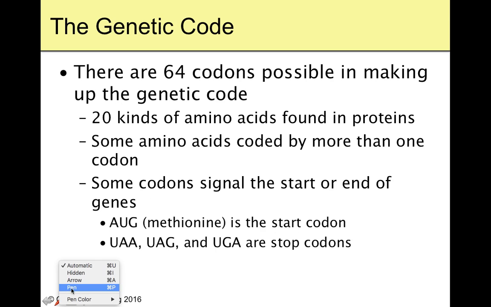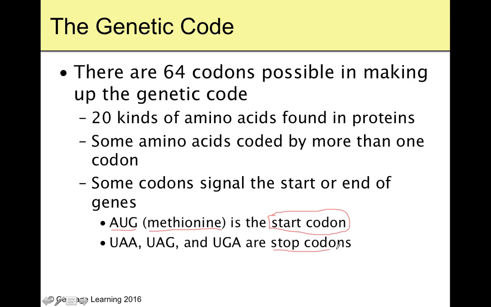For example, the codon AUG, adenine uracil guanine, codes for the amino acid methionine. Methionine is always the start codon. Every protein you're going to make starts with methionine. The others, few that are kind of cool, UAA, uracil adenine adenine, UAG, uracil adenine guanine, UGA, uracil guanine adenine, these are